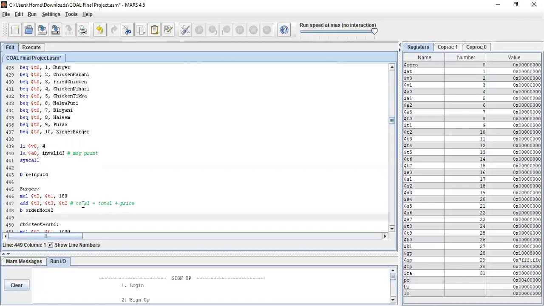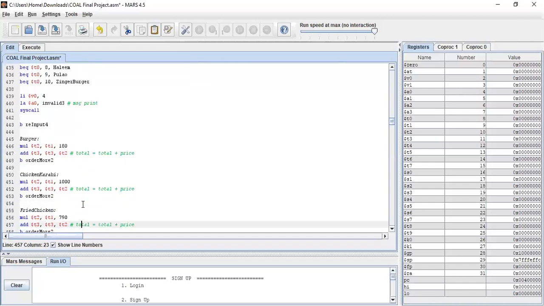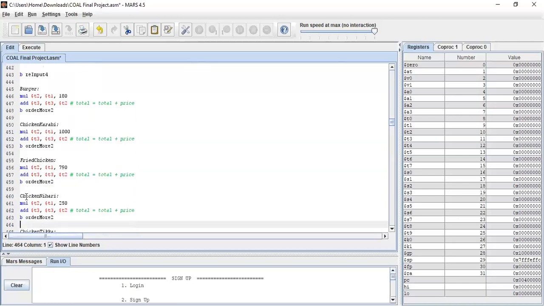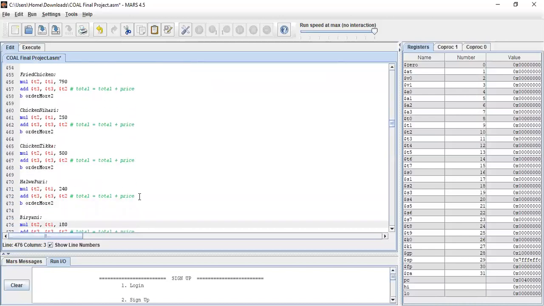It is actually the billing program. If we have ordered more than anything, then it will send us back to the order more, and we can order anything else, just like chicken nihari, chicken tikka, or anything. Same program is for them.